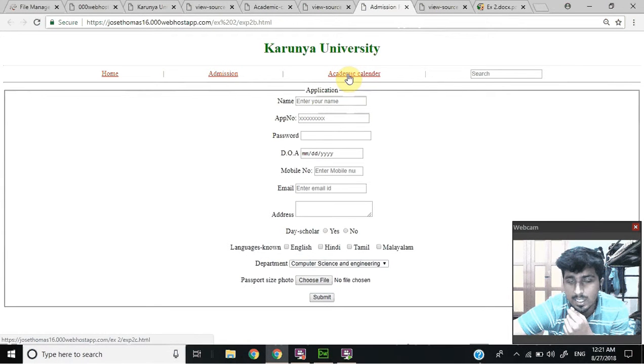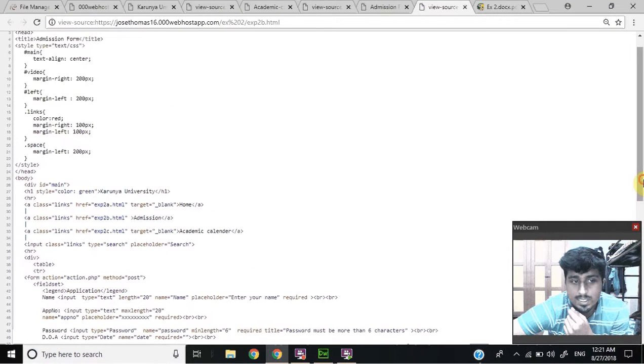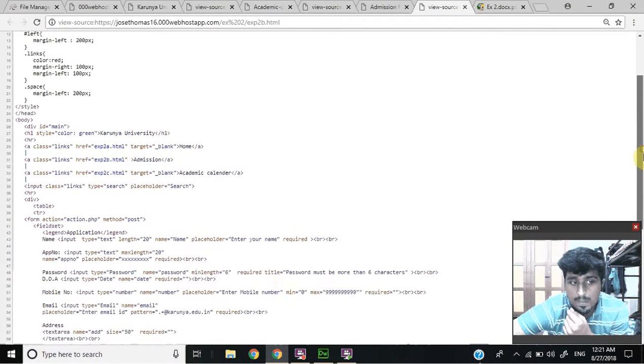We can see that the mouse arrow changes, and here we will see that we have a form attribute. So the action here is post, so that the data is retrieved on the server side. And then we have a fieldset, and then a legend. Fieldset is the area where the form attributes and all those input tags are used, and